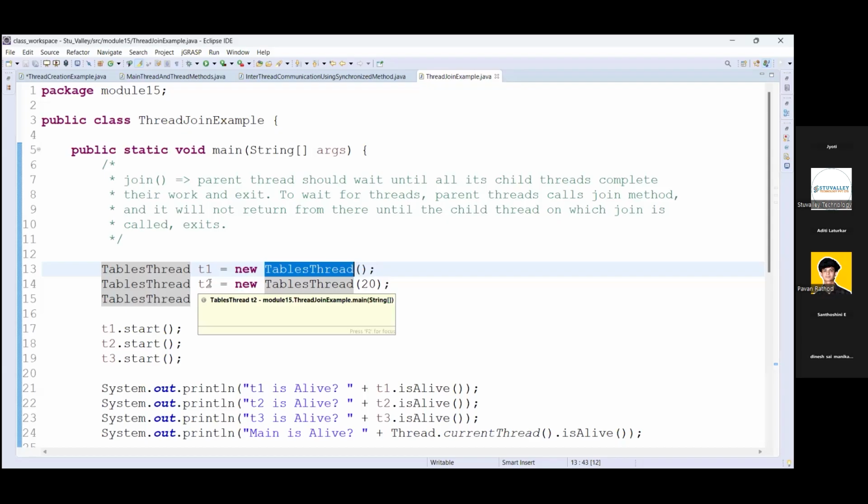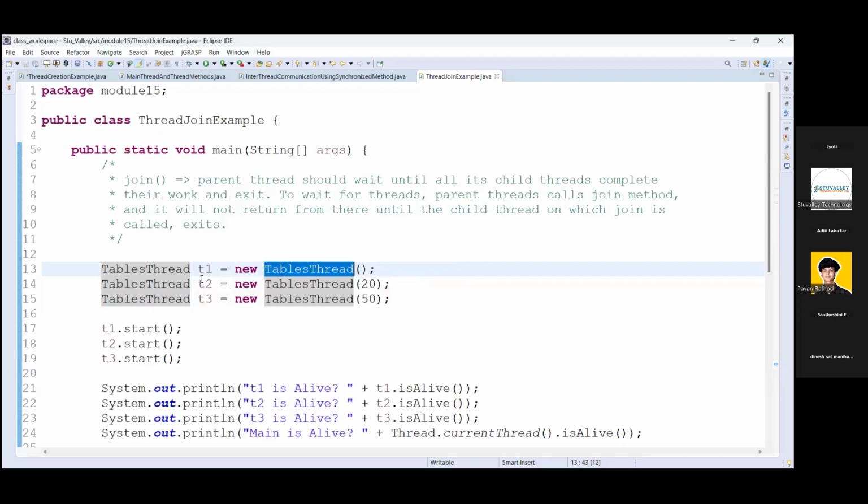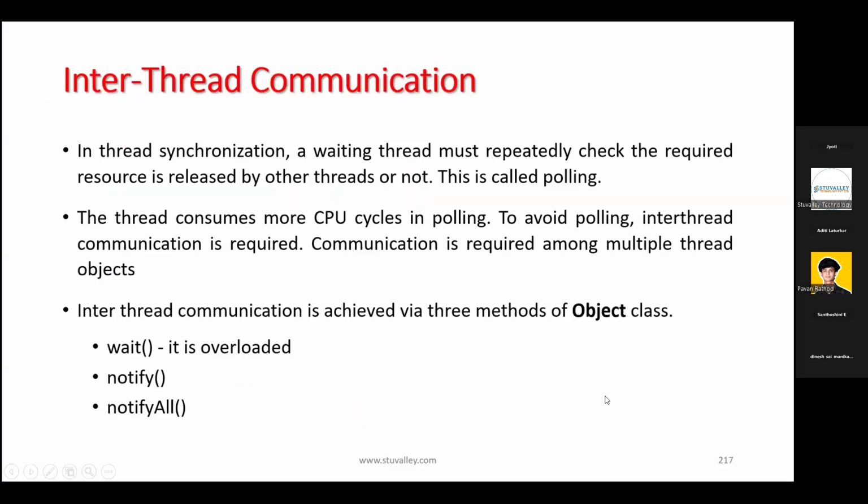Suppose T2 is waiting for another resource held by T1, and T1 is also waiting for the resource held by T3. That will create a deadlock situation, because one thread has already locked one resource and is waiting for another resource to be released. That concept is also known as polling, or we say it is a deadlock situation.